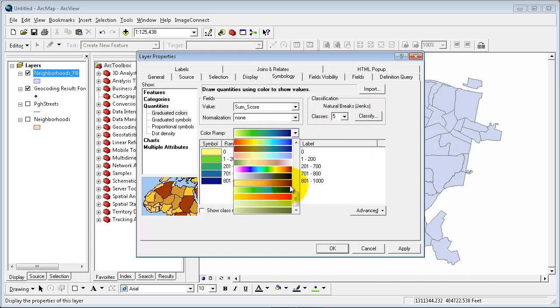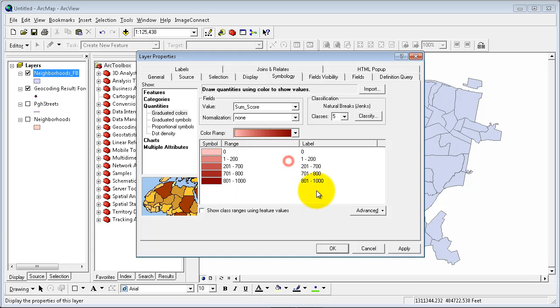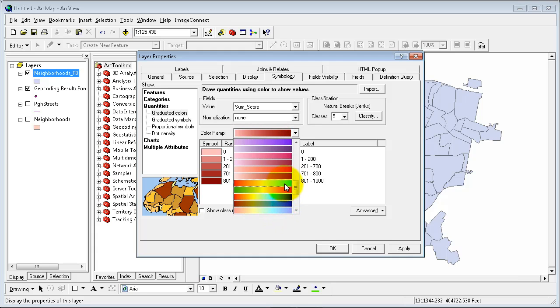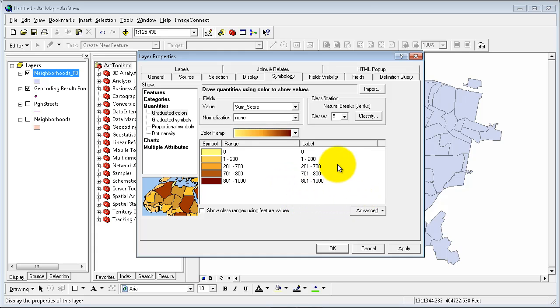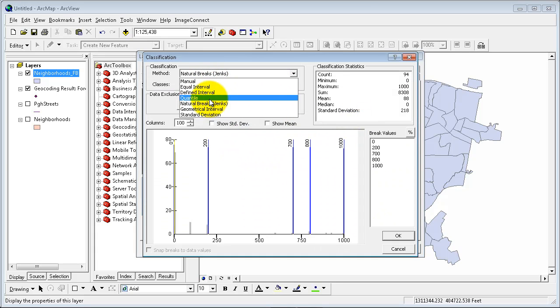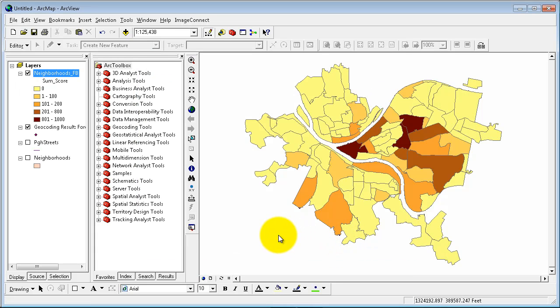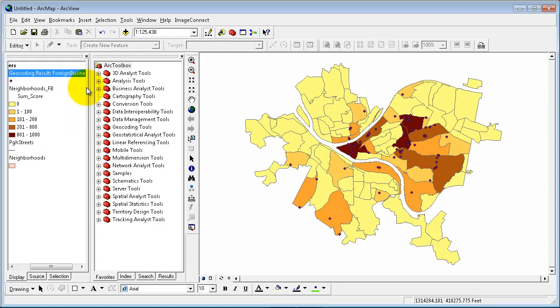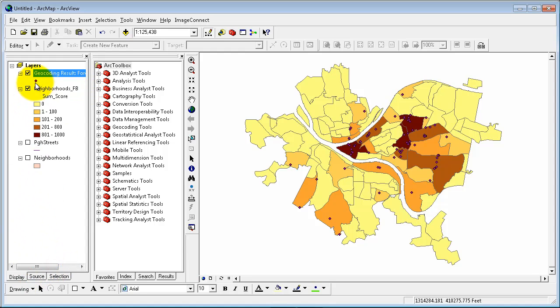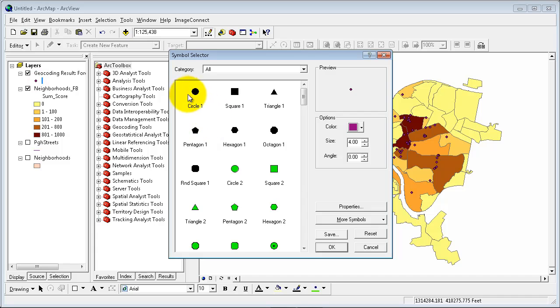I'm going to use a different theme. Probably it's getting a little boring with the blues. Okay, actually that's okay. I'm going to use that and use a quantile break classification and click on OK. As you can see, we created a thematic map. I'm going to move my neighborhood foreign businesses upwards on top and